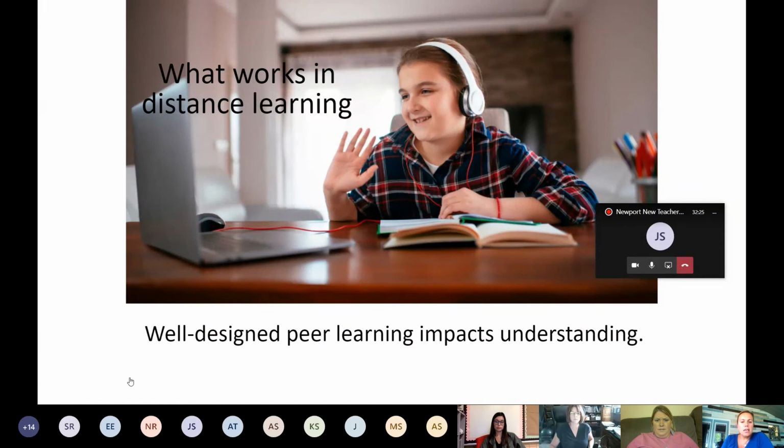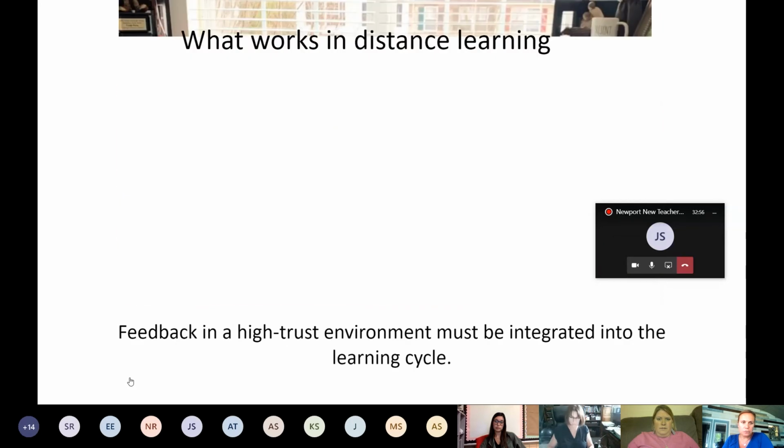We need peer learning, meaning we need students to be able to work together. It's going to be critical for our kids to have that relationship with us, the teacher, but it's also going to be really important for them to start forming those relationships with each other, because we do want them to collaborate together. So we got to think about that. How can we do this in a virtual setting? How can we provide opportunity for that? And we're going to talk a little bit about some specific examples throughout that today.